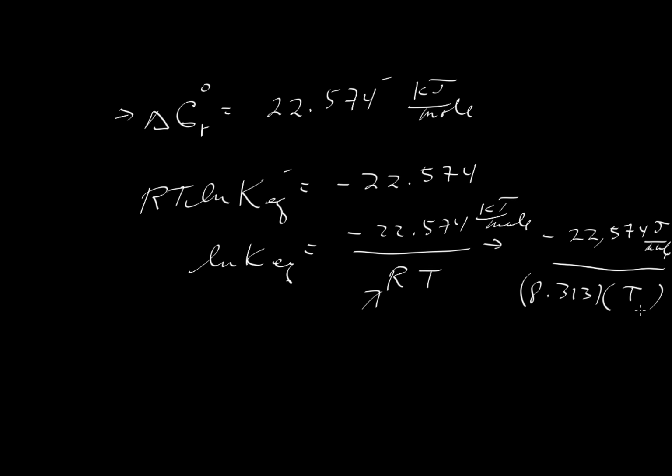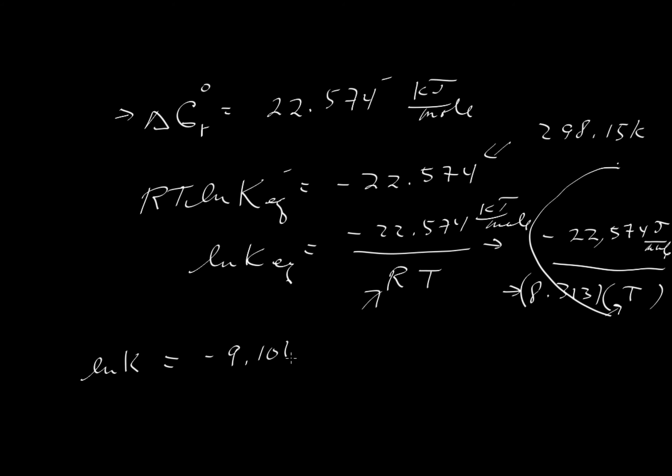And the temperature that we'll use here, all the values that we obtained were at 298.15 kelvins. This is in units of kelvins also, so we're going to put 298 in for temperature right in there. And when we complete that calculation, we find out that the natural log of the equilibrium constant is about minus